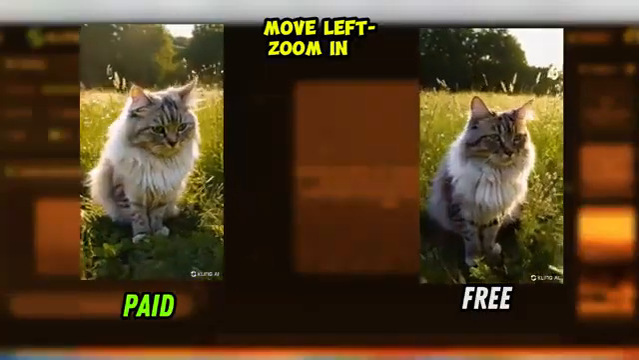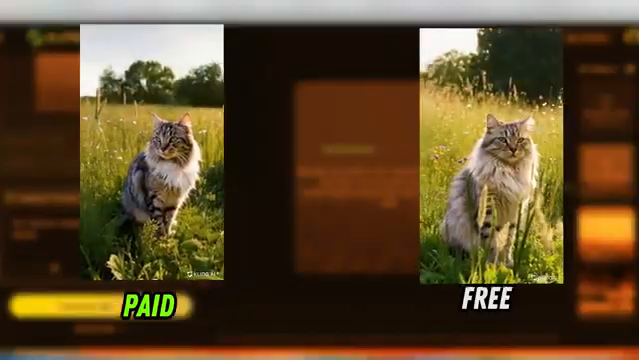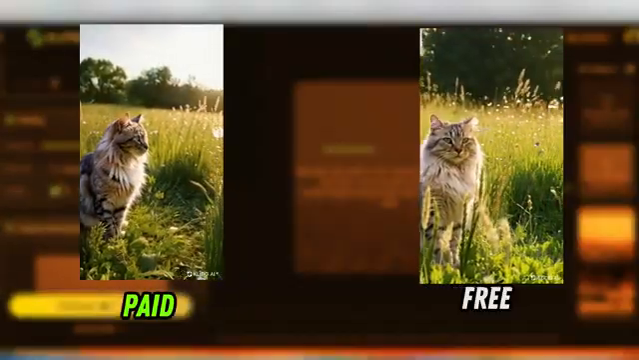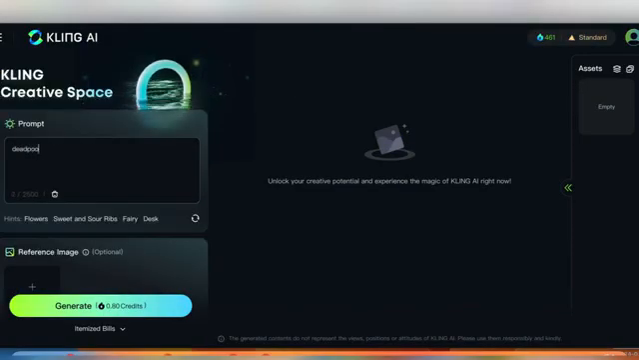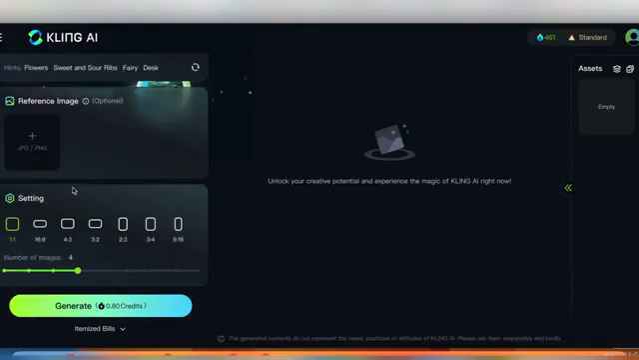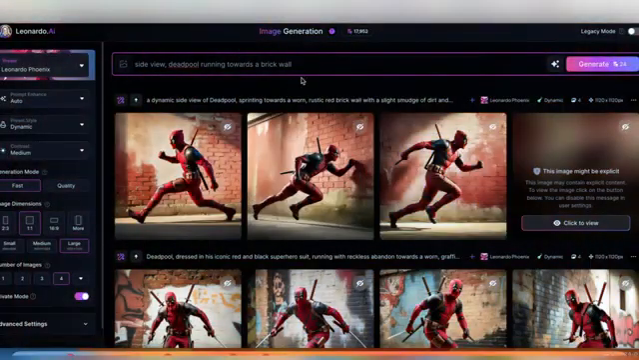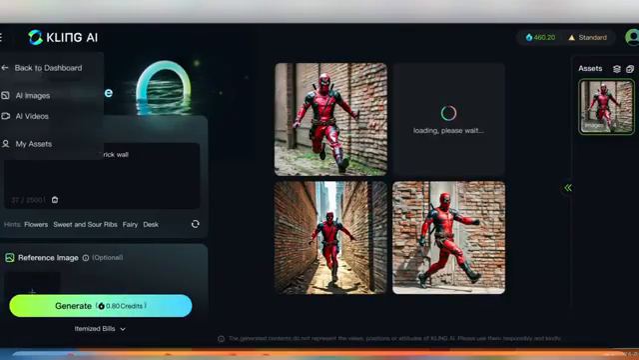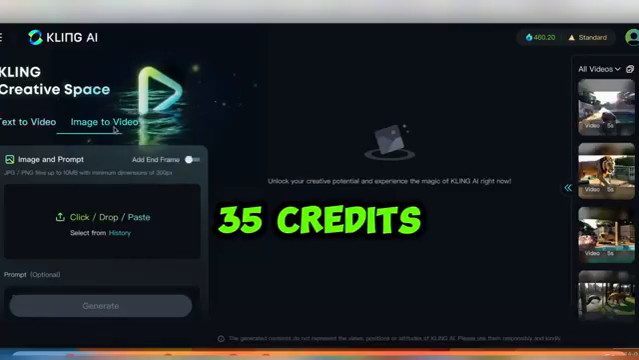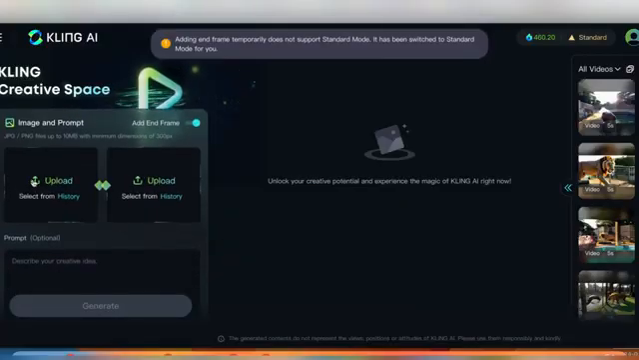It seems we're getting very similar results, but one thing the Pro plan does offer is, in the image to video, it allows you to add an end frame. So let's say you wanted to do something like having Deadpool running at a wall and crashing through it. So I generated a couple frames here, our start and end frame, on Leonardo, and let's upload those here. And it looks like it's going to cost 35 credits every time we test this. So I'm sure they'll fix